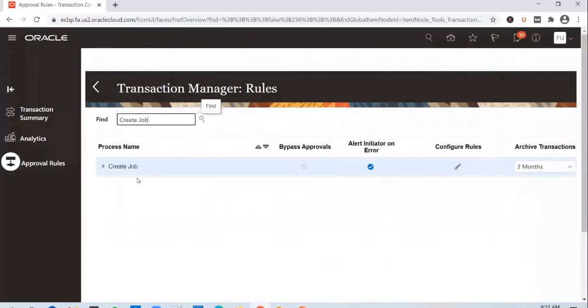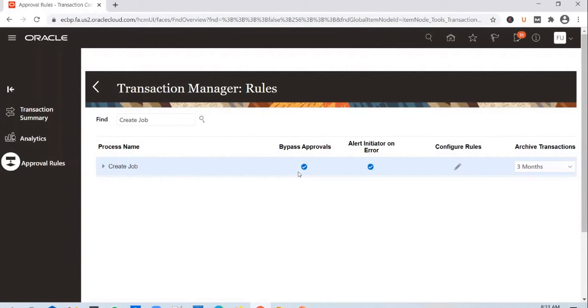Okay, so the first use case is, let's assume the client said that whenever a job is created, he doesn't want the job to go through the approval process. Then what do you do? You come into the transaction console, search for create job, and you bypass approvals.